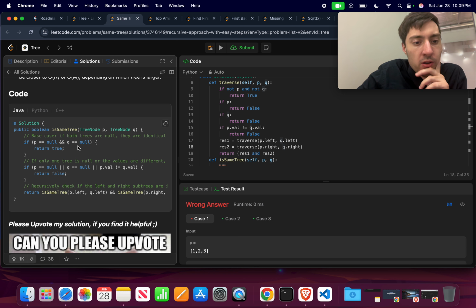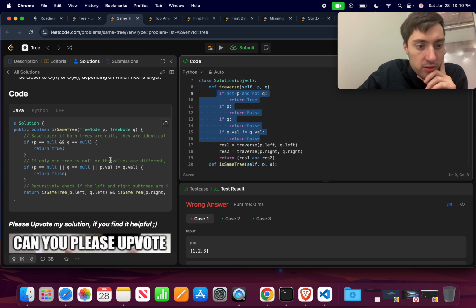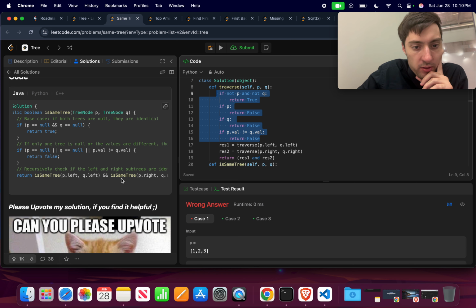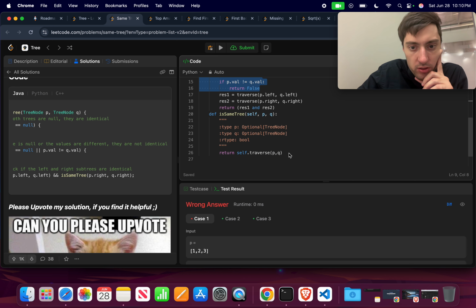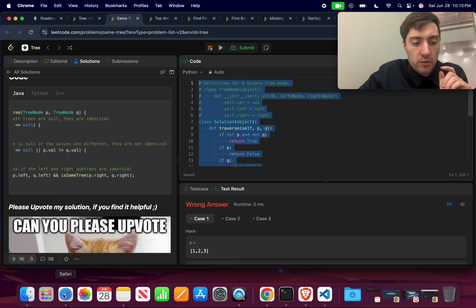If both are null, then we return true. If this one, then we return false. I mean, that's what I did here. That's all of these base cases. Okay. And then I AND the results for result 1 and result 2. Well, interesting. So this is a case for